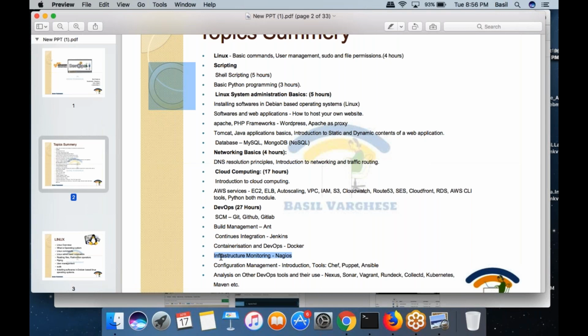And monitoring Nagios and config management. This is our final project. So first project is into cloud computing, building and designing your infrastructure. Second project is continuous integration and continuous delivery. The last project is monitoring and config management, which is again,